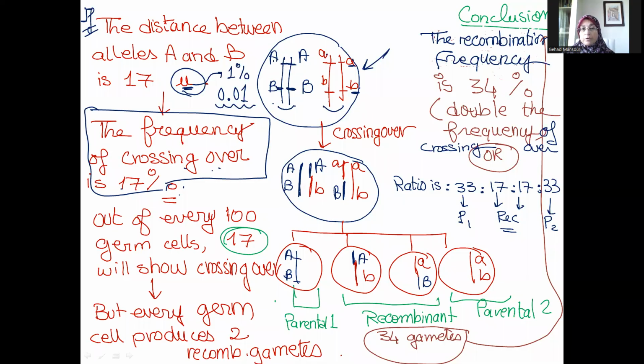What does this mean when we say that the likelihood of occurrence of crossing over between A and B is 17%? This means that out of every 100 mother cells, or germ cells, 17 will show crossing over. How does crossing over look? How does it occur? And how does the cell where crossing over occurs in prophase 1 and therefore is visualized in metaphase 1 look? We will see that there will be exchange of homologous